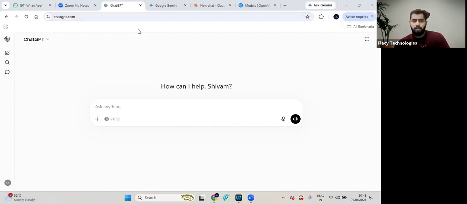Gautam, you use ChatGPT, Gemini, or any other tool online or offline? Online. So three of you have said that you use all these tools online. Perfect. My another question to you: is there any possibility that I can use a large language model offline also? And if yes, how?